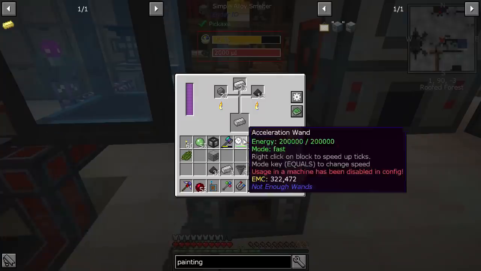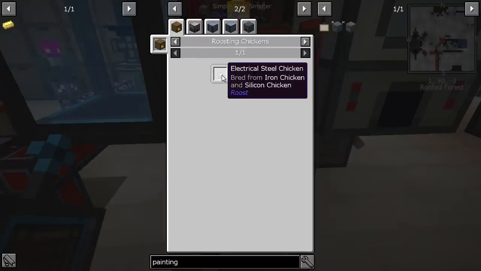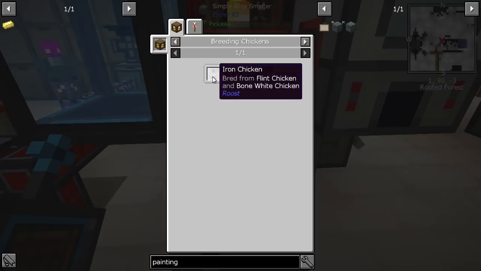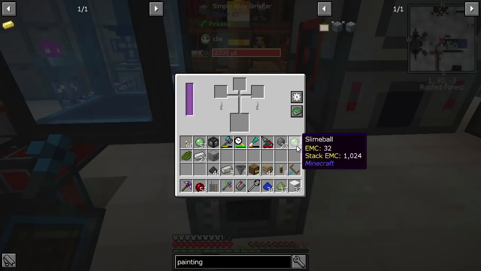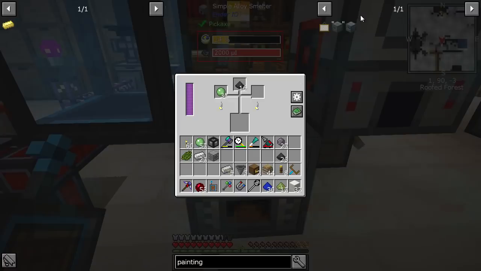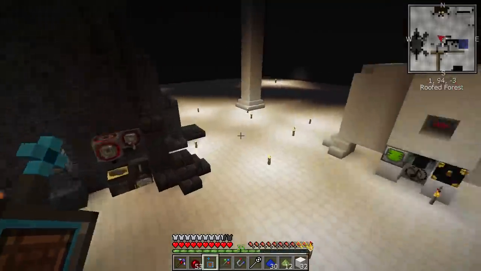Now, I wonder, can we? Oh, there is an electrical steel chicken. Oh, okay, I'm going to make one of those. I think that will be worth it. Right, so, pulverized coal and that. Let's chuck that in. And then I'm making a painting machine because right now, if we fly around, you can